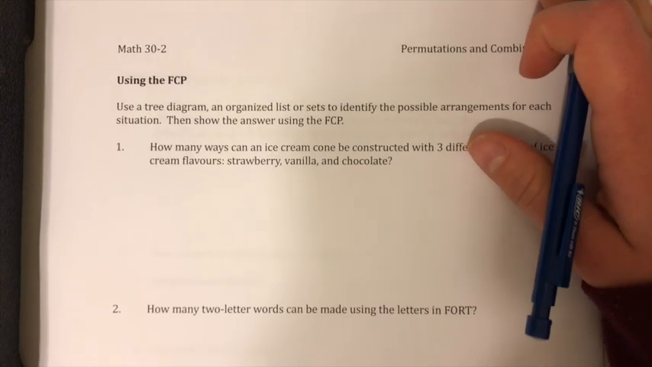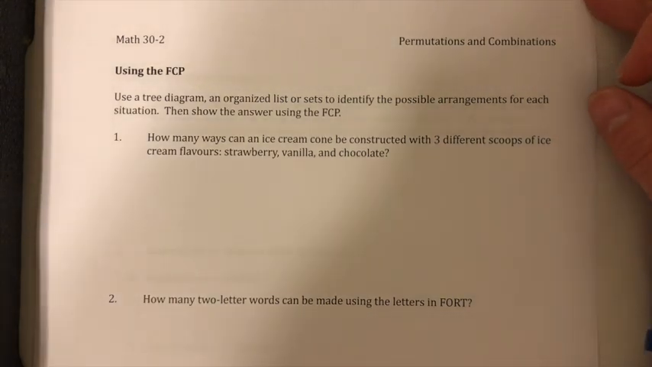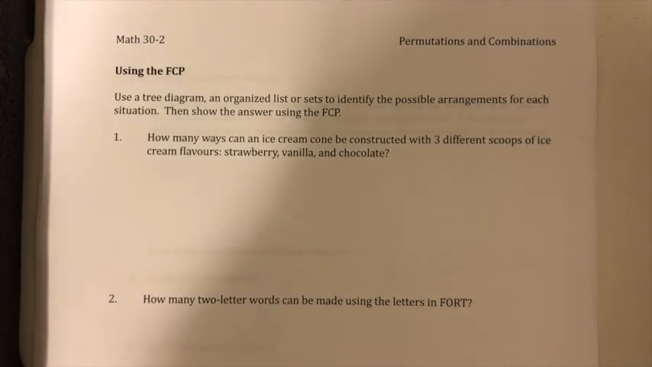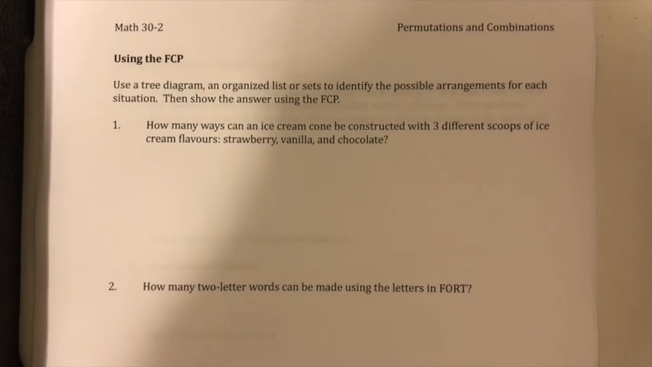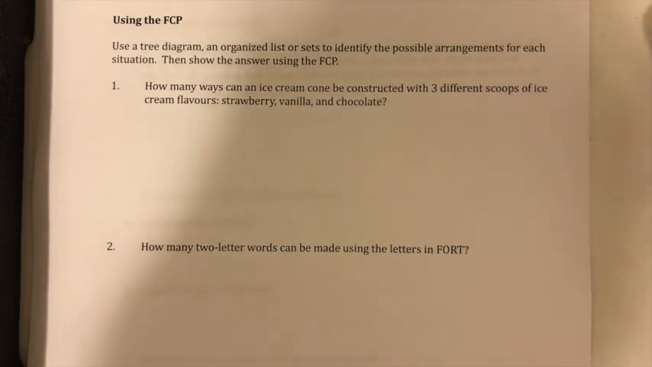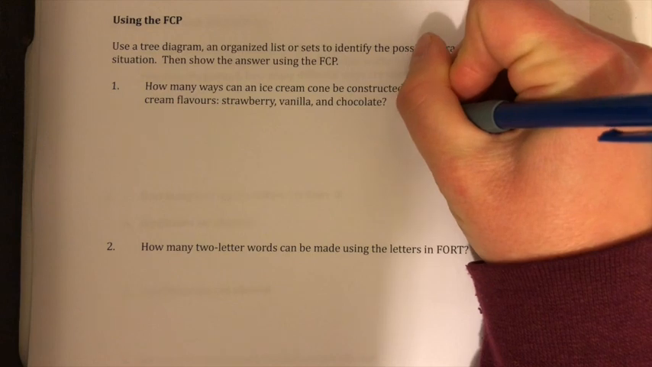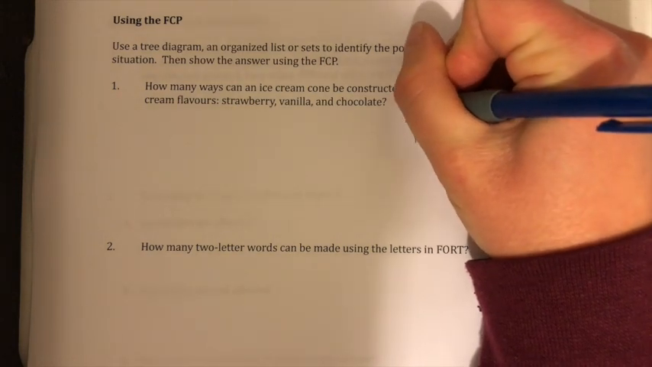So to practice using the fundamental counting principle, we're going to do some exercises. We're going to use a tree diagram or some sort of organized list to identify the possible arrangements for each situation. Then we're going to show the answer using the fundamental counting principle. So how many ways can an ice cream cone be constructed with 3 scoops of ice cream flavors: strawberry, vanilla, and chocolate? Now what we're going to assume is, and I'm an ice cream connoisseur, so I know these things,